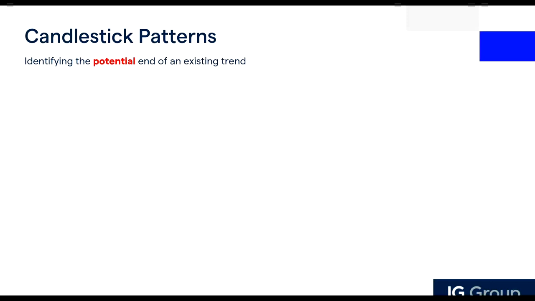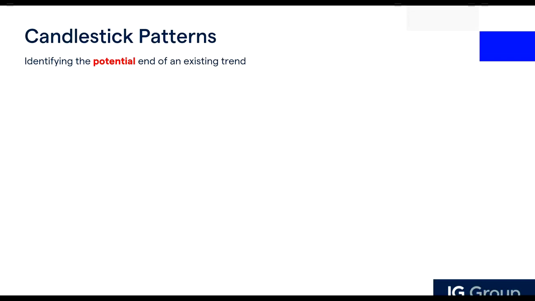of an existing trend. So when we talk about candlestick patterns, it's actually a way of displaying information about an underlying asset's price movement. If you're new to trading, the candlestick chart is one of the most popular components of technical analysis. It enables a lot of traders to interpret price information quickly from just a few price bars. And over time, all these candlesticks can form patterns that traders use to find opportunities within a market and potentially help to spot reversals as well.